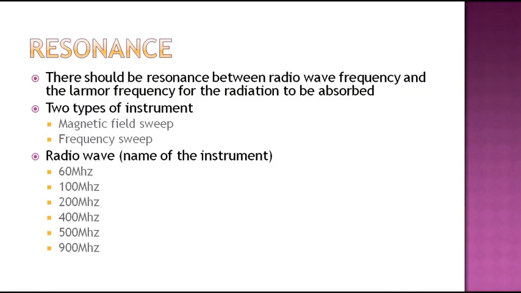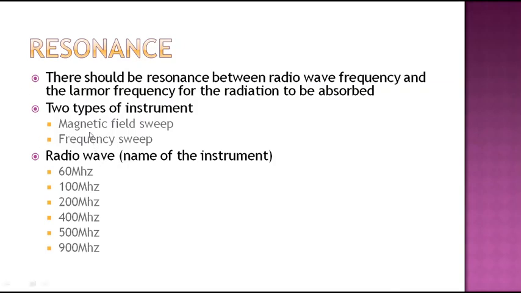If you further increase the magnetic field, another proton will reach the 60 megahertz radiation, and therefore the spectrum will be recorded with respect to time, not with respect to magnetic field, when the magnetic field is swept. This is how an NMR spectrum is recorded. This is called continuous wave, CW NMR. These are all theoretical parts. It was used earlier, but nowadays it is not the case.